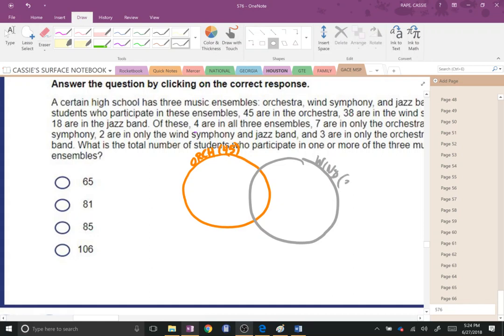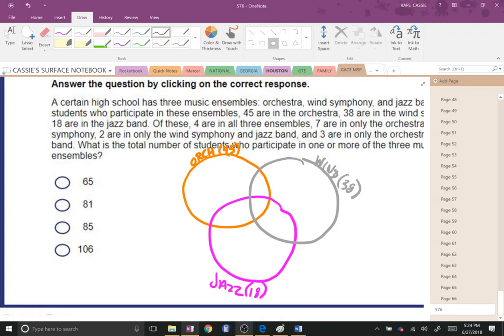Paint with all the colors of the wind. Alright, it says that there are 38 in wind. And then the jazz band, we'll do a raspberry-ish color, and that will be jazz. And it says that there are 18 in jazz. Alright, you may be inclined to want to say that 45